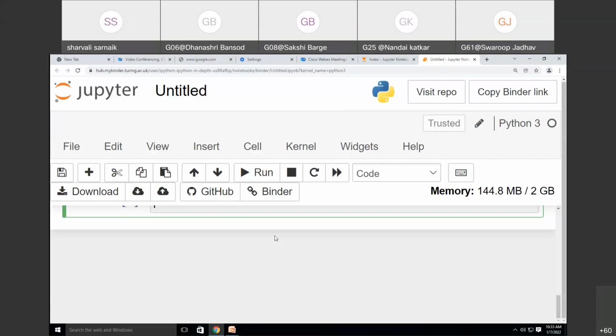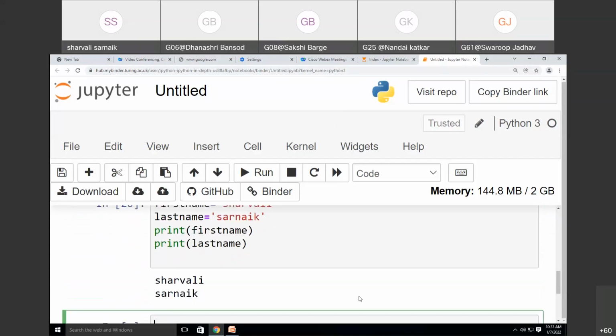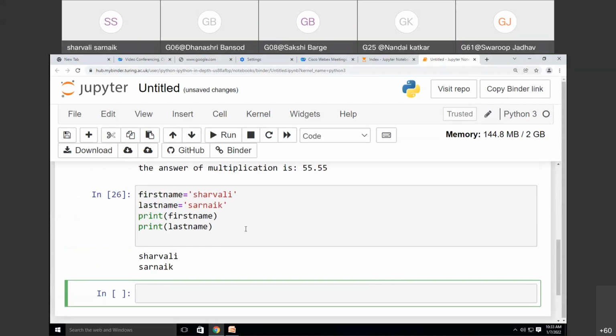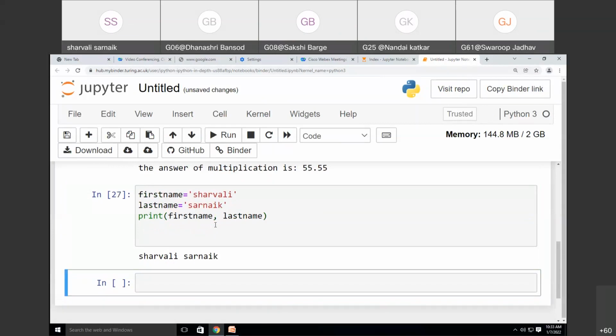When I run this, I will get the output Sharvali and Sarnaik. Hope this is visible to you. This is one way. Another way is, instead of writing the print function again and again, just give a comma and write last name. When I run this, I'm getting the output as Sharvali Sarnaik.